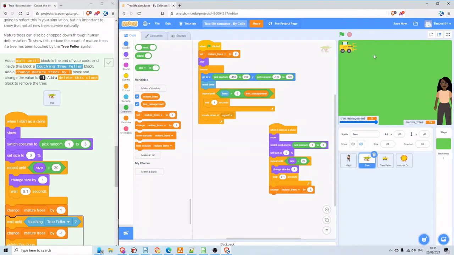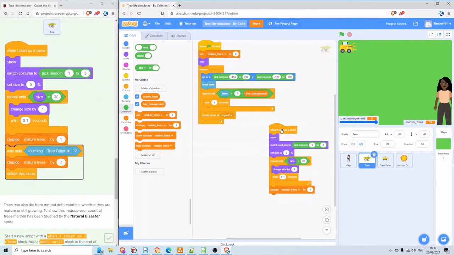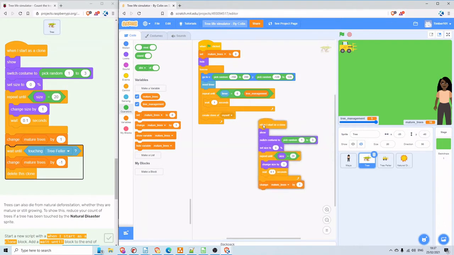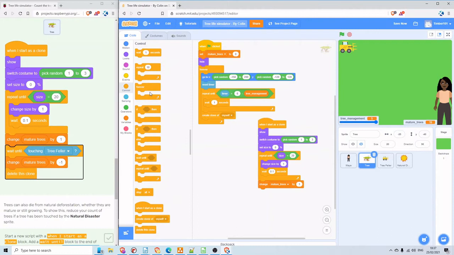We're now going to think about how our tree feller, or this tractor thing, is going to interact. So every time the tree feller touches a mature tree, we need to make the tree disappear and take 1 off of the variable mature trees. So inside, when I start as a clone block, we've got this block at the moment already for adding when mature trees reach maturity. We're going to add a wait until,